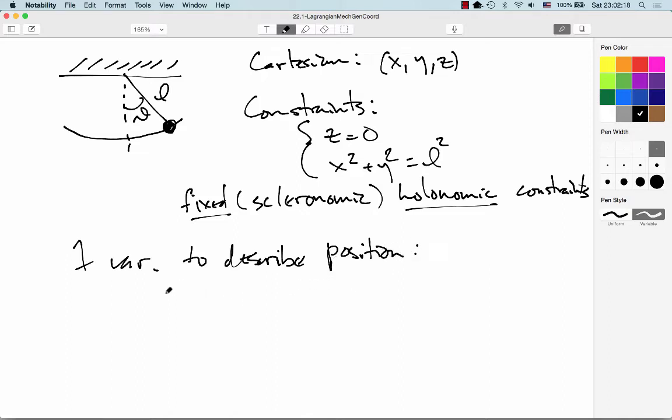And there are two choices that are logical. I'm sure there are plenty of other choices, but there are two really obvious ones. One is we could go with the arc length, S, that we are from equilibrium, or we could go with theta, the angle that the string makes,